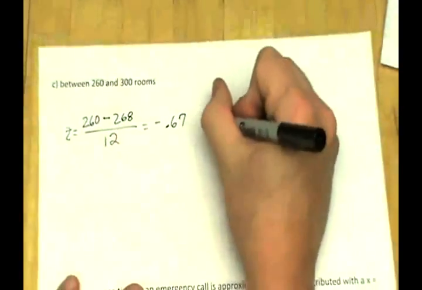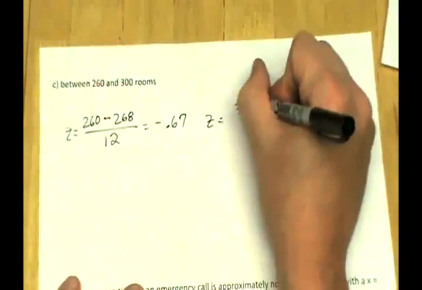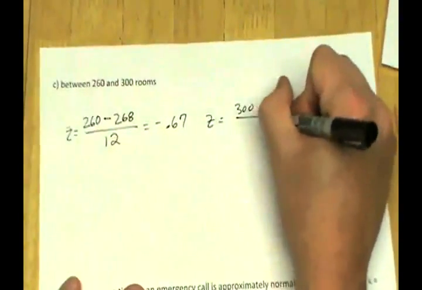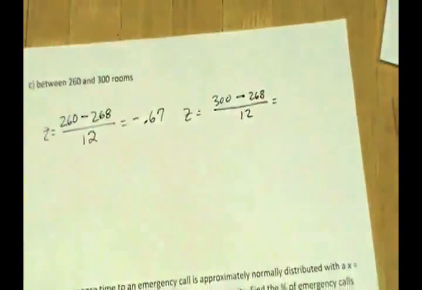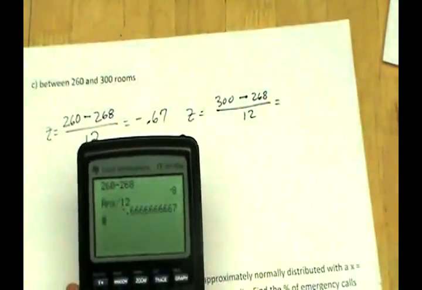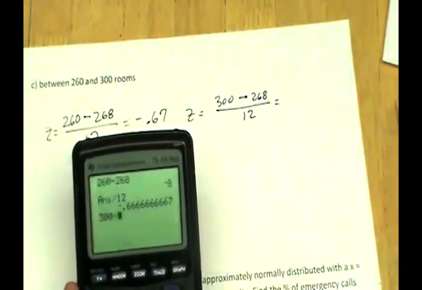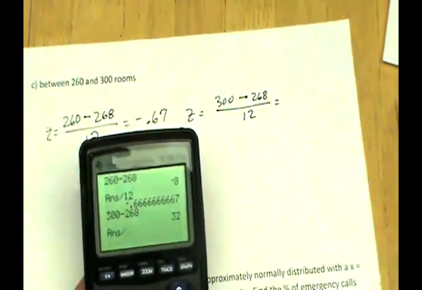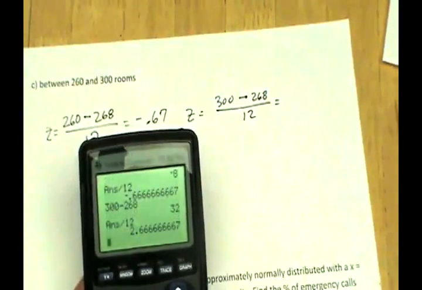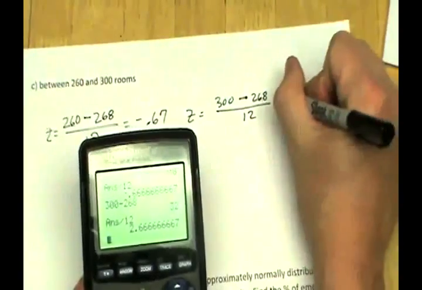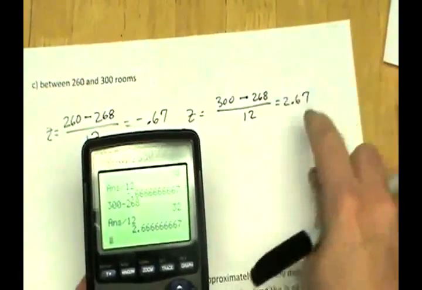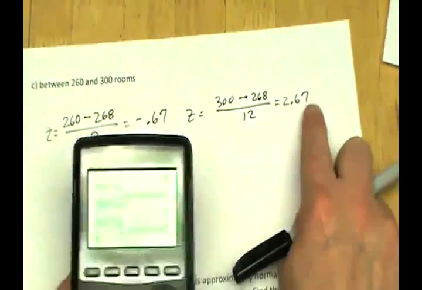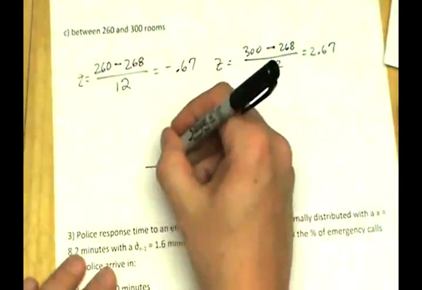And then we need the z-score for 300. Data, 300, minus the mean, 268, divided by standard deviation, 12. So here we go. 300 minus 268 divided by 12. 2.67 if we round, which we're going to. 2 decimal places. And the third 6 rounded that second 6 up to a 7. So we want